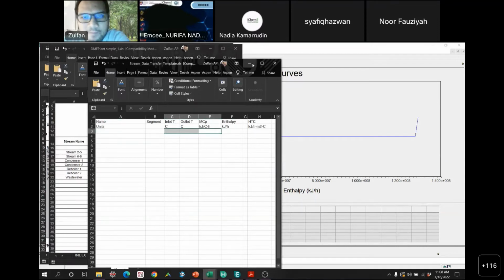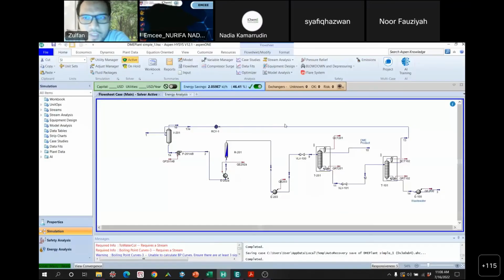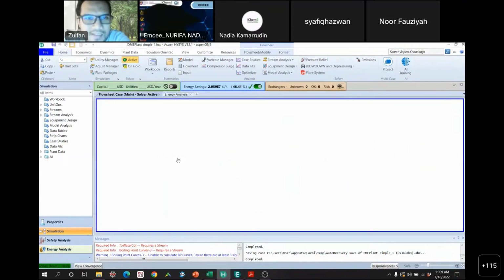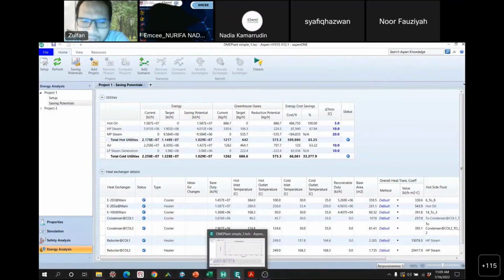And so that's one, and then you can import that again into this HYSYS. Nowadays HYSYS has this energy analysis, and I think there's an option over here, which I did already some time ago, and then you can move this, create, which I did here. I don't remember how now, and I don't want to dig deeper